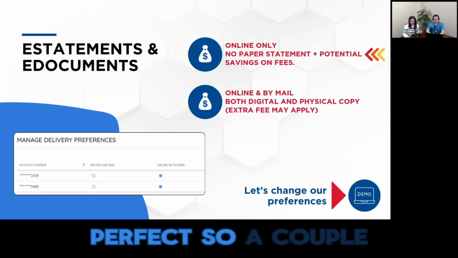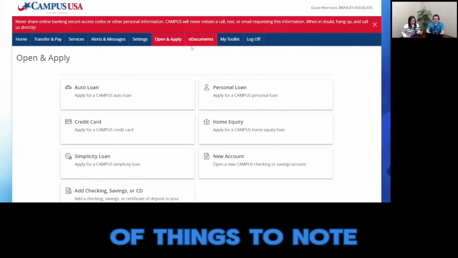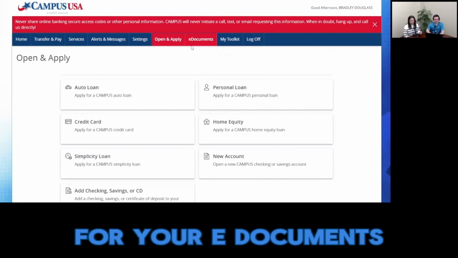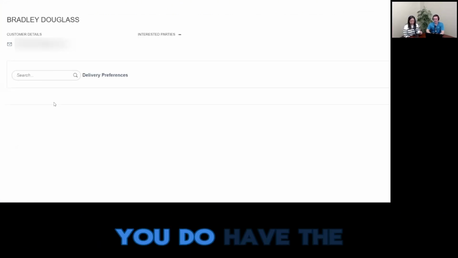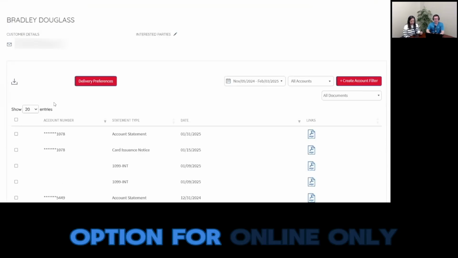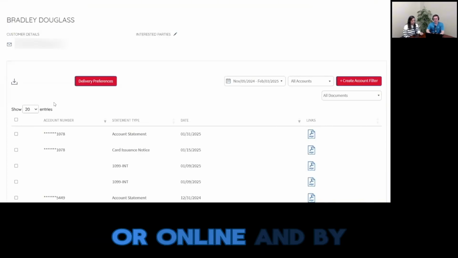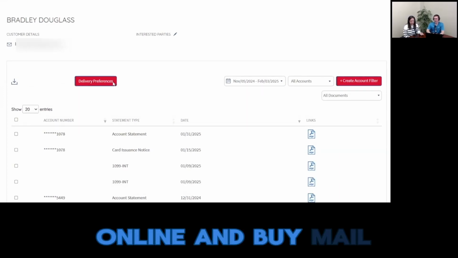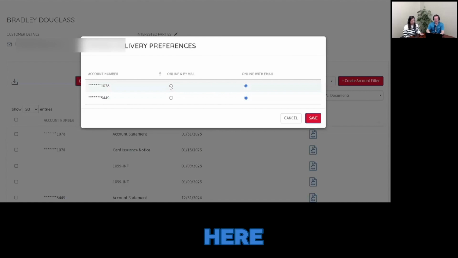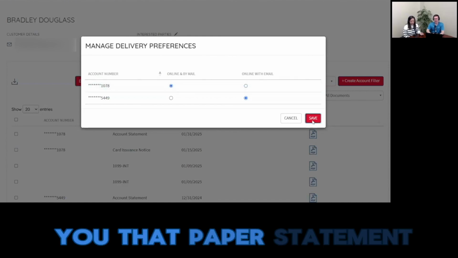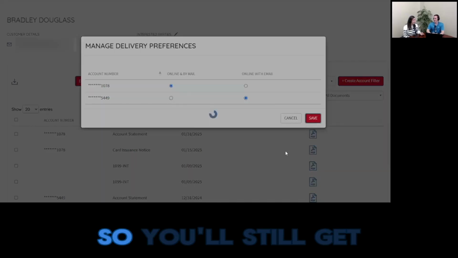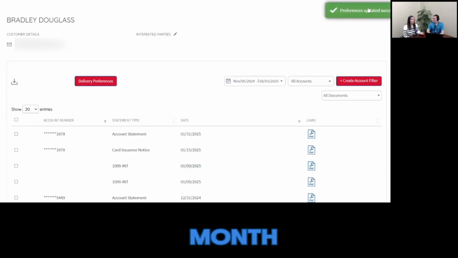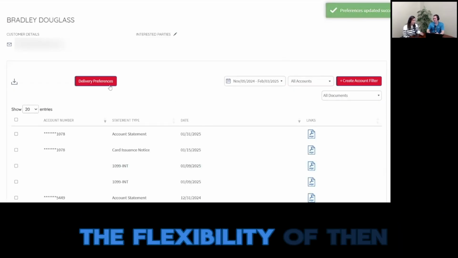Perfect. So a couple of things to note here for your eDocuments as we get in here. You do have the option for online only or online and by mail. If you choose the online and by mail under these delivery preferences here, it will still send you that paper statement. So you'll still get charged that $3 per month,